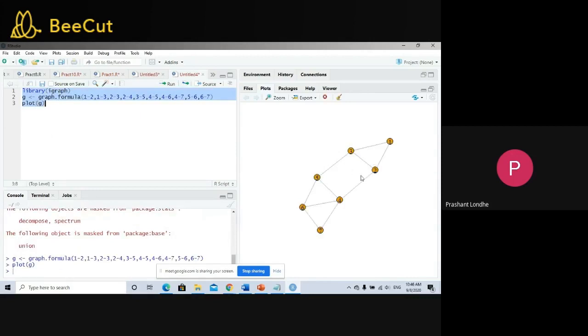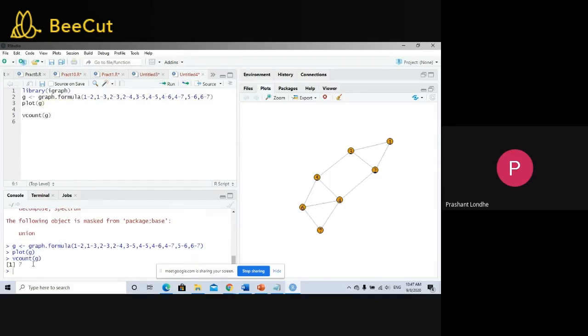This is your graph. Now the first thing is that you want to calculate the density. For that purpose, we need to count the number of edges and the vertices. So vcount of G will give you the vertices. We have 7 vertices. Fine. Ecount.